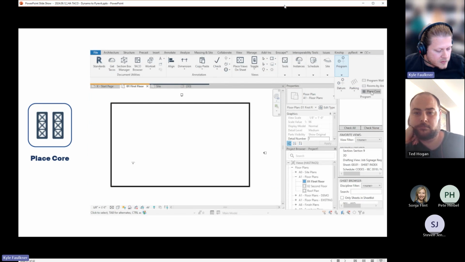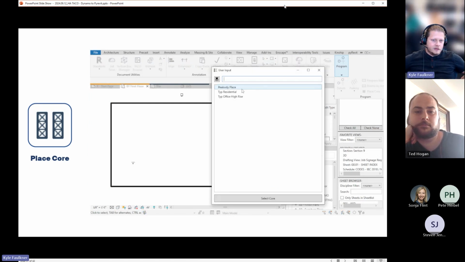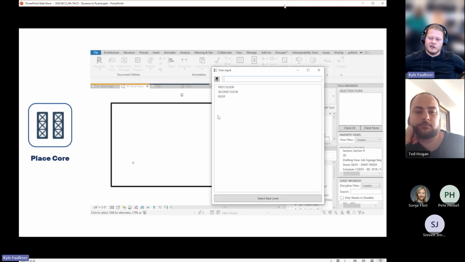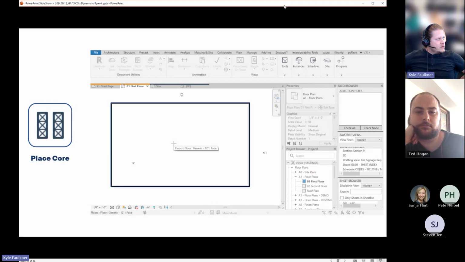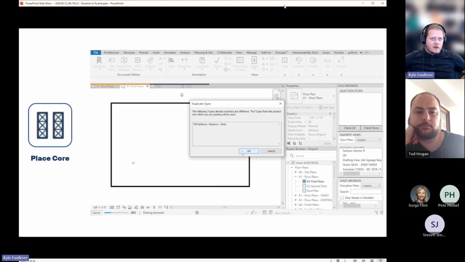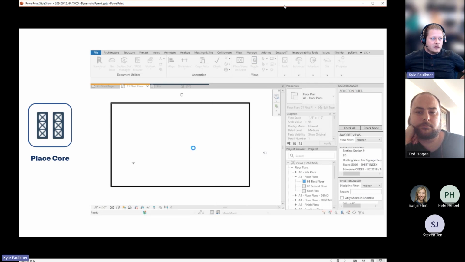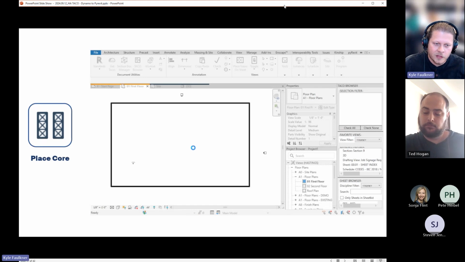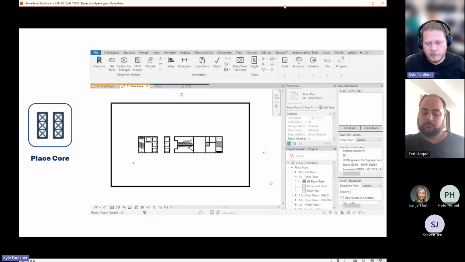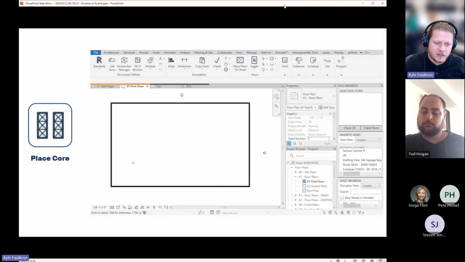Place core. This script was born of the COVID era. After COVID came, there was a lot of scrambling to do feasibility studies, and projects were trying to grab a lot of projects quickly or submitting for a lot of projects, and we needed to develop really simple floor plans quickly, cores. So this is kind of